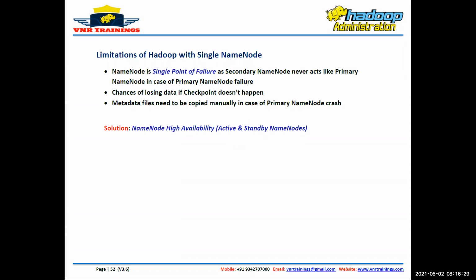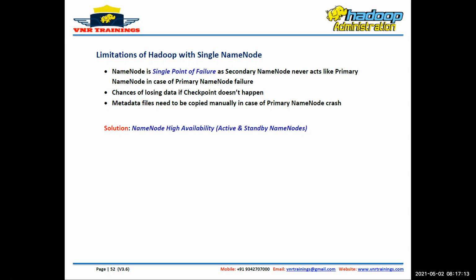Usually when we have competitors, everybody told, hey guys, there is a distributed system where it can merge multiple servers into a single unit and run like a cluster. Then these competitors told, yes, it is a good system, we agree with you, but the problem with that system is it is a single point of failure. If the name node is not there, everything collapses. Even if I have 1000 data nodes and a secondary name node, is there any use of the cluster if the name node is not there? No use. And again, there are chances of losing data if the checkpoint doesn't happen.